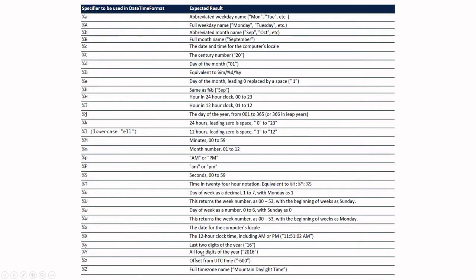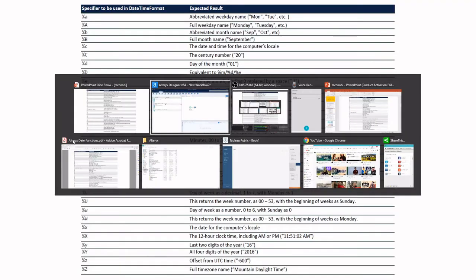Then we also want the year to show as a full 4-digit year. Then we will also want the abbreviated month name, suppose SEP for September, OCT for October, etc. Then we want the day of the month. So let's go back and use these 4 specifiers.